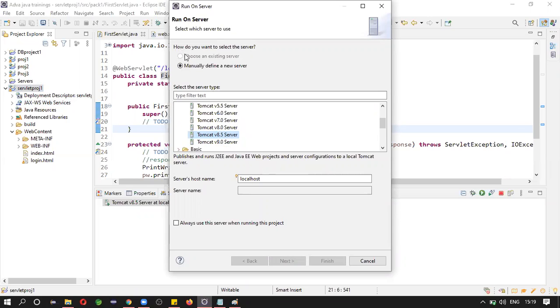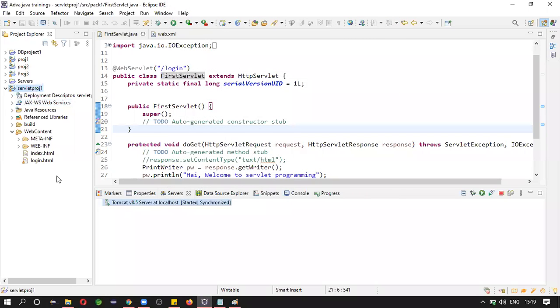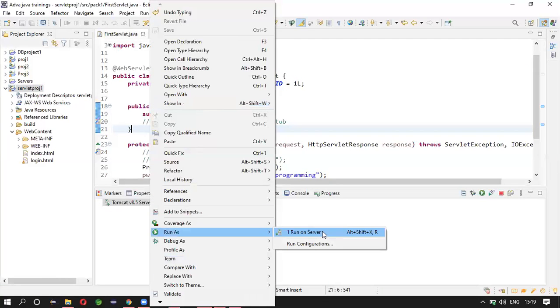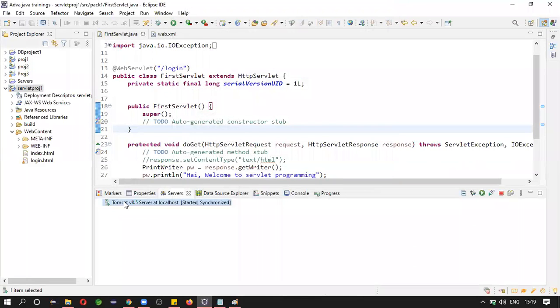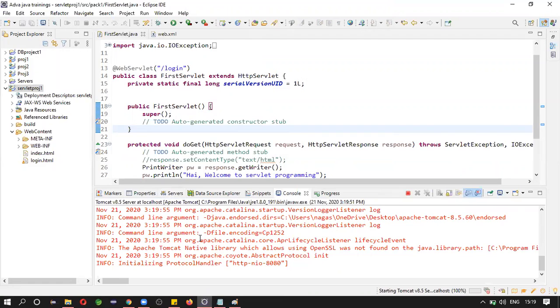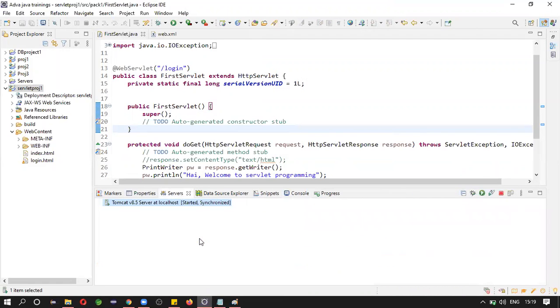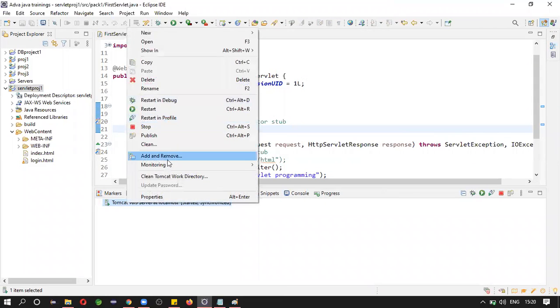Actually, this option must be enabled. Now the server is started, but